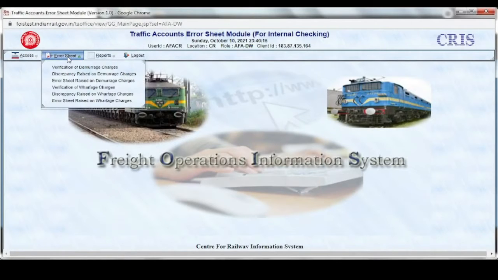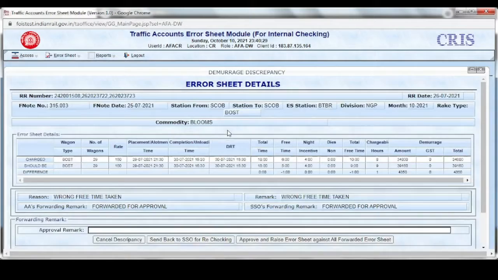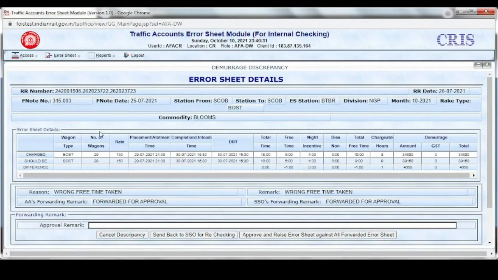Go to error sheet. Go to discrepancy raised on demurrage charges. The discrepancy will be displayed on your screen. Just double click it. You will get the entire discrepancy with reason, AA's forwarding remark, and SSO's forwarding remark.